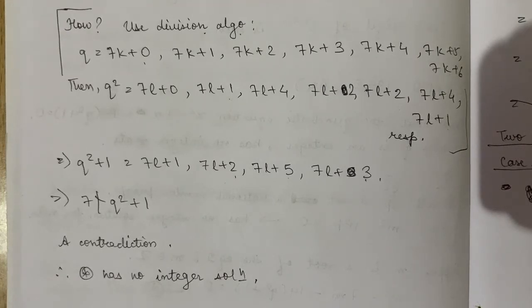And within divisibility we saw that if a prime divides a square, it must divide the number itself. If a prime divides the square of a number, it must divide the number itself. And second, the remainder of any square by 7 is only 0, 1, 4 and 2. This is a general idea. If we divide the square of a number by any number, the remainder set is generally reduced to almost half.